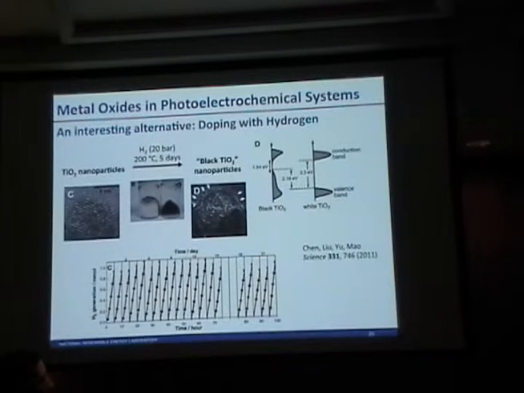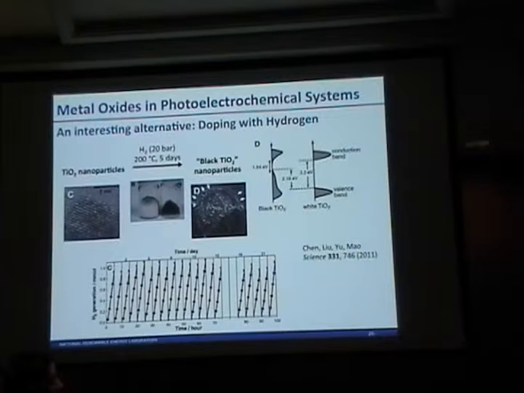And so there are some alternatives than simply heating everything to 500 or 800 degrees C, and some of which I'm interested in. An interesting alternative here was to actually just dope it with hydrogen. So taking titanium dioxide, which people have been working, as I showed you, for the last 40 years on making better. Just last year, there was a Science paper that came out by two LBNL, Lawrence Berkeley National Lab scientists,